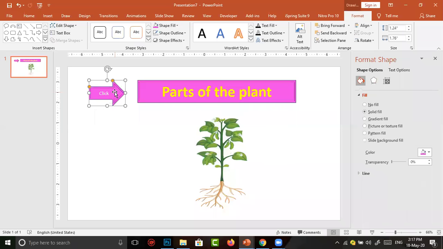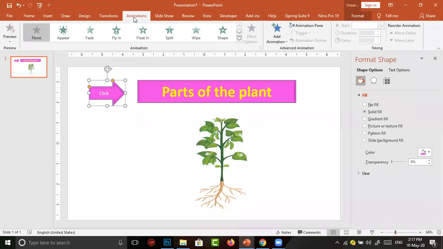The click arrow mark should blink for some time. So I am going to the animation part. It is already in the stage, but it should blink for some time. Already inside the stage, we are going to add some animations. For this purpose, I have to go to add animation.